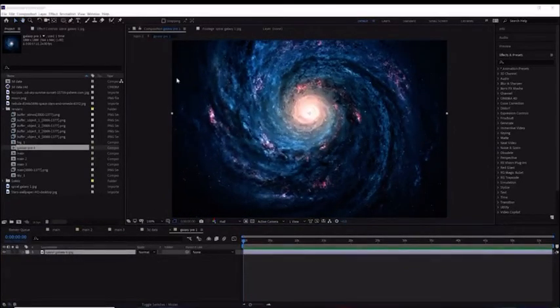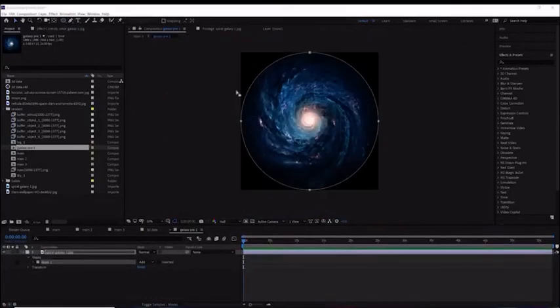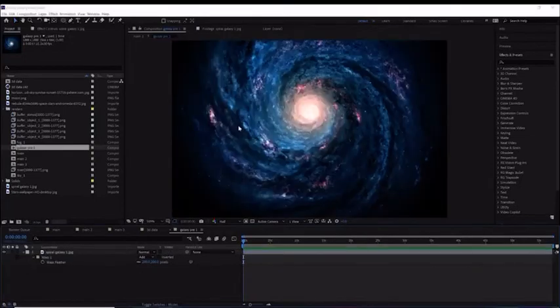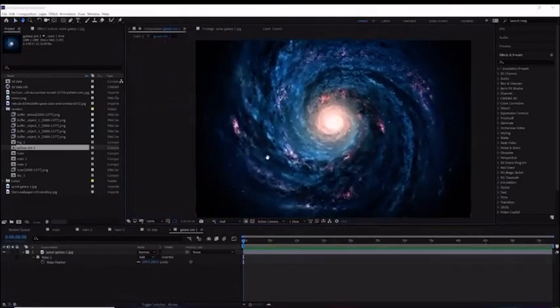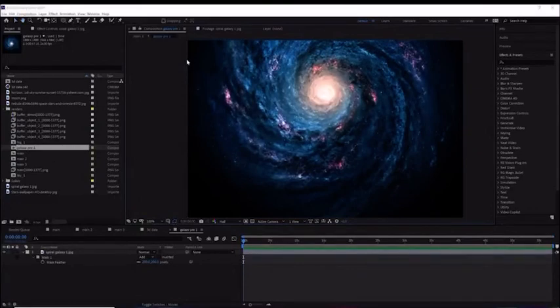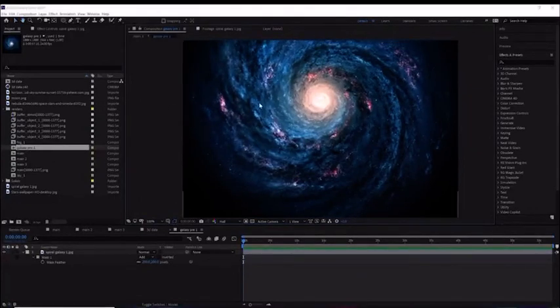And because it's square, I can just go to the masks and select the ellipse tool. If I just double click, it will automatically create a mask which goes edge to edge. Now I can press F for the feathering, and we're going to use 200. You could use less or more depending on your image. This would still have some hard edges, so we have to bring this radius in, which is going to be